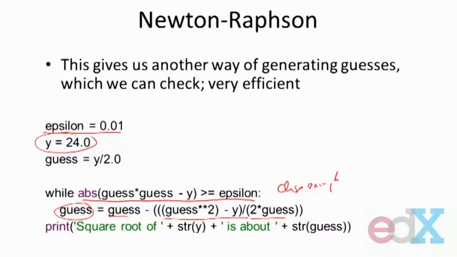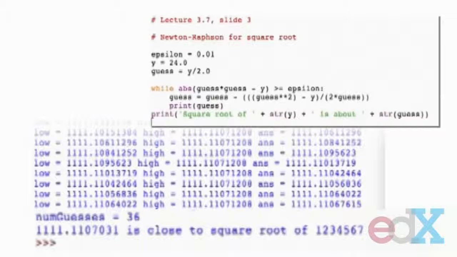It's generating guesses. There's the generation. But it's not doing it exhaustively. It's using this property of mathematics to get it. And then it's testing right here to see if I'm done. So it's another example of a generate and test kind of algorithm. And let's look at what happens if we run it. So in my